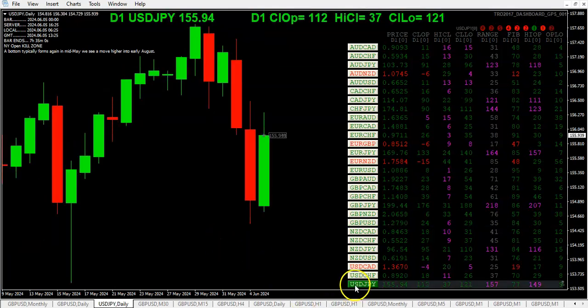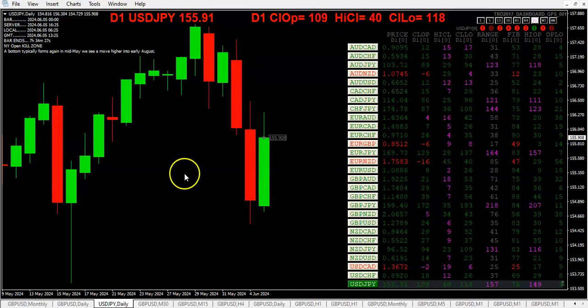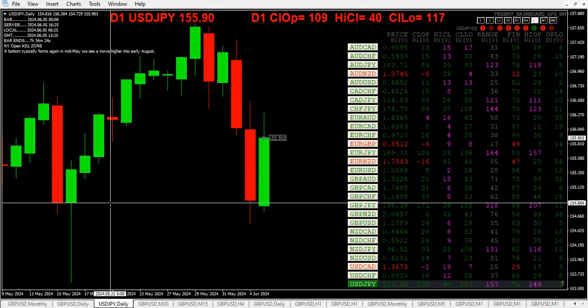Take a quick look here at the yen chart. I think this was the day I talked about shorting, looking for a short on the yen. Or might have, let's see, or might have been here. I can't remember, one of those days. But if you were watching my videos, you heard me say look for a short on the yen. And then you can see here,